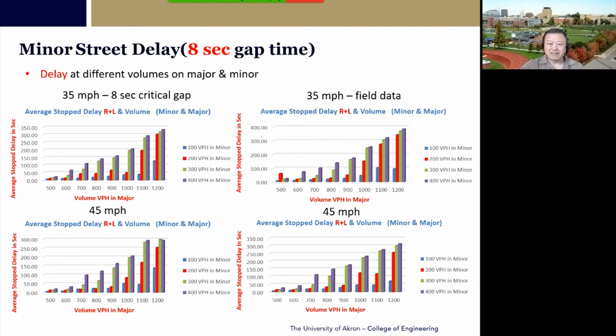And we did the 8 seconds gap time, the critical gap also. As you can see, the results are very similar too. And again, if you pay attention, the scale is a little bit different, in order to fit the whole page for comparison purposes. And the 8 seconds critical gap situation is doing a little better than the current field data condition. At a 45 mile per hour speed, similar results, okay? Again, the scale is a little bit different, so we could improve that later, maybe by using exactly the same and maybe make the chart a little smaller.